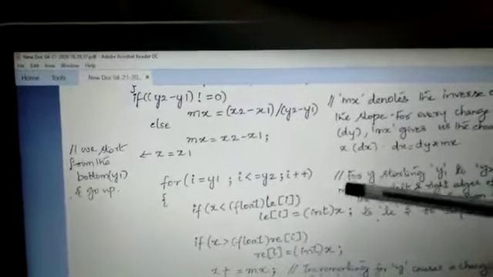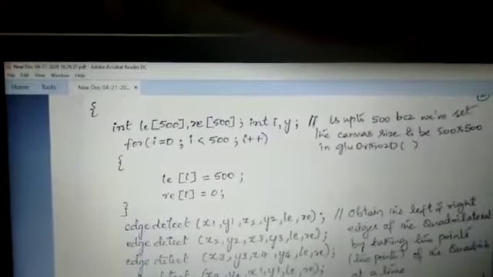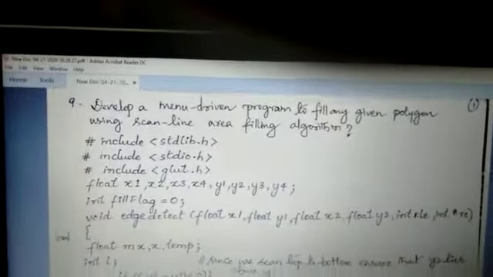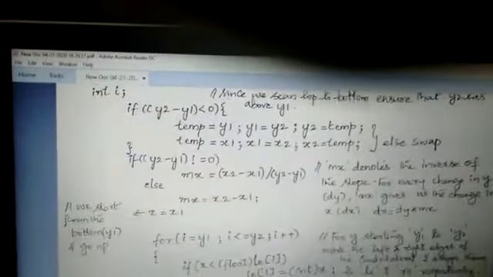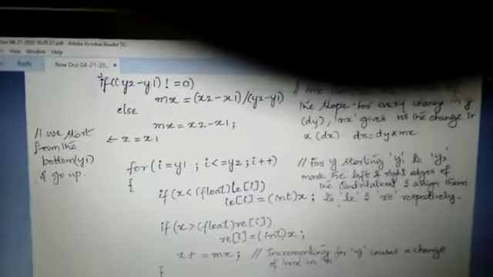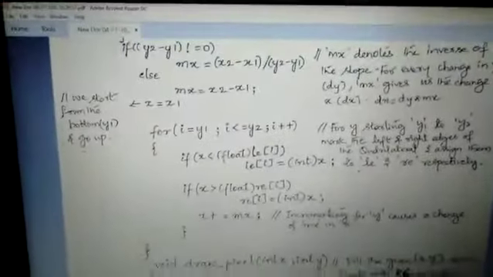You can see here we are doing this. Once it is in the scan line, we go on pointing out all the left and right, left to right, quadrilateral edges, that is, which edges lie on that particular scan line.